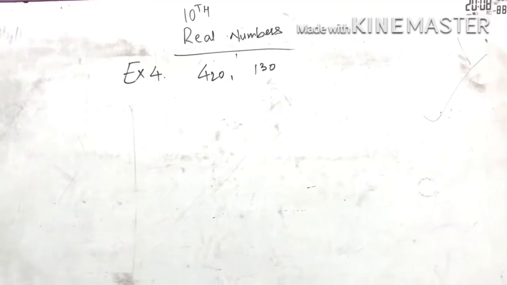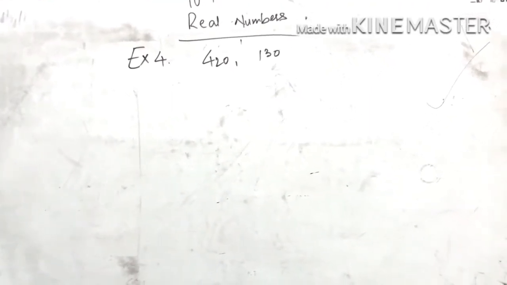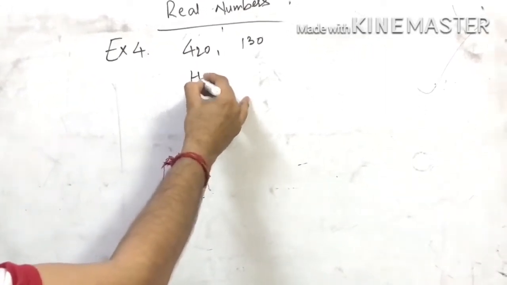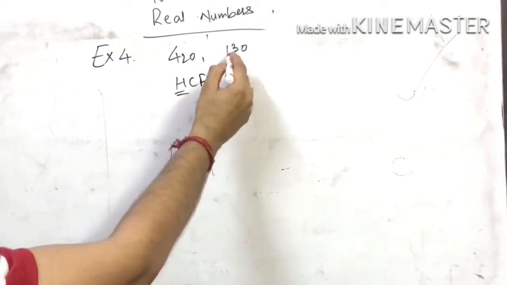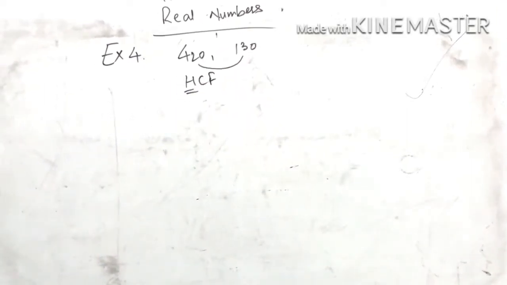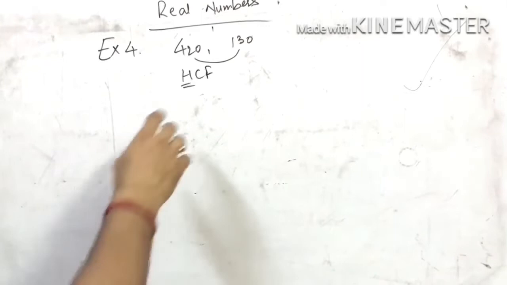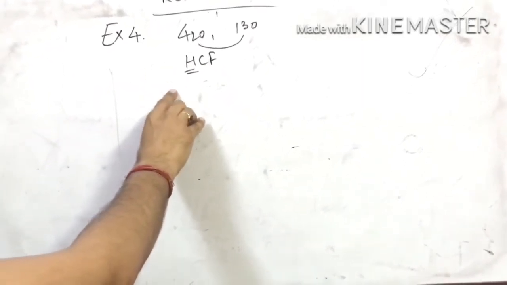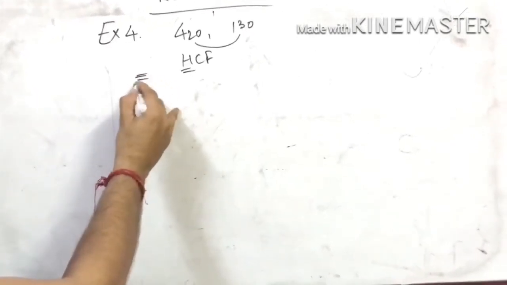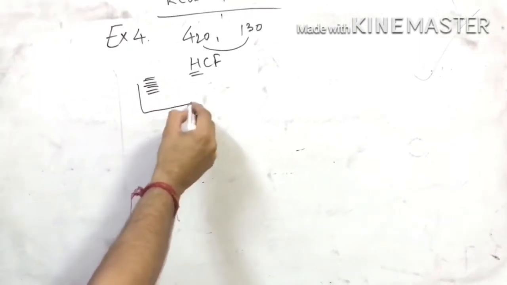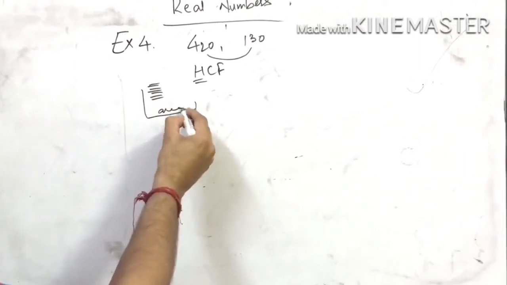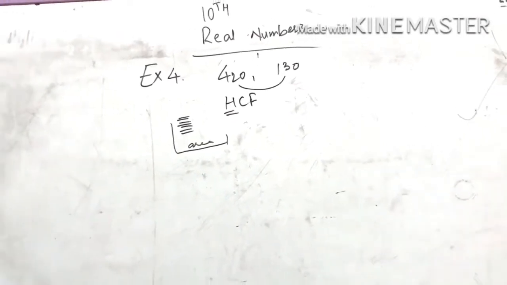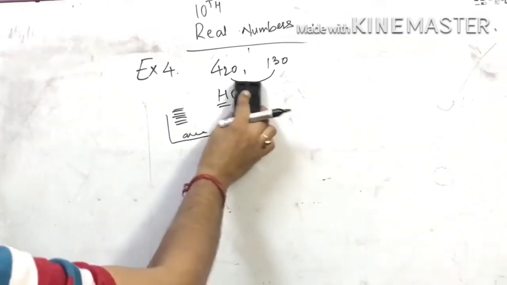So what maximum height you can attain, or what is the maximum number of burfis you can arrange in one stack, that depends upon the highest common factor of these two numbers. If you use Euclid's division lemma and find the HCF value, that will be the highest number of burfis that you can arrange in one stack. So if you arrange the maximum burfis in a particular stack, the area will be reduced. So the best approach is to find the HCF. For finding HCF, use the Euclid division lemma method, as I told you earlier.